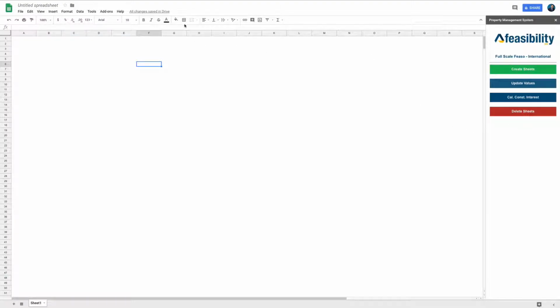Use the international version for the feasibility application. So under add-on, if you go and click on international, the menu on your sidebar is going to change, and you do the same thing. You press the create sheet button and give it a few seconds, and it'll start creating all the sheets that